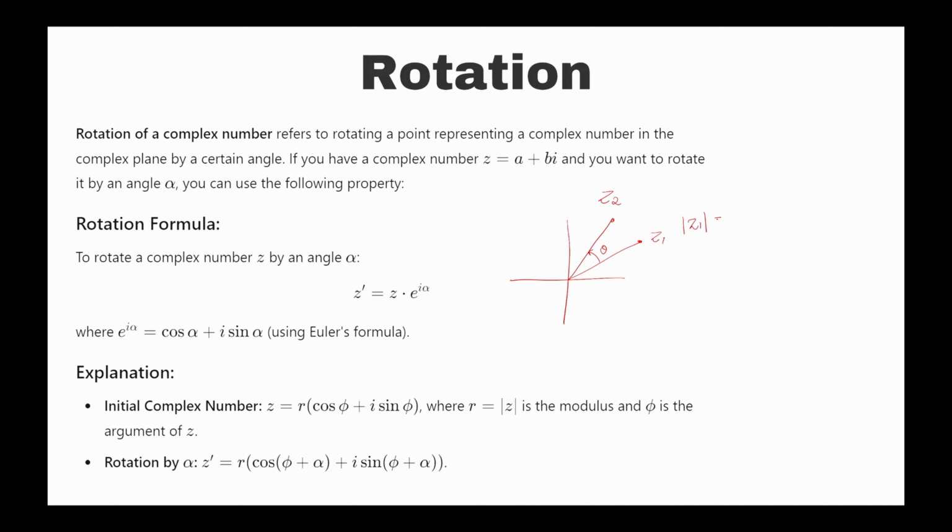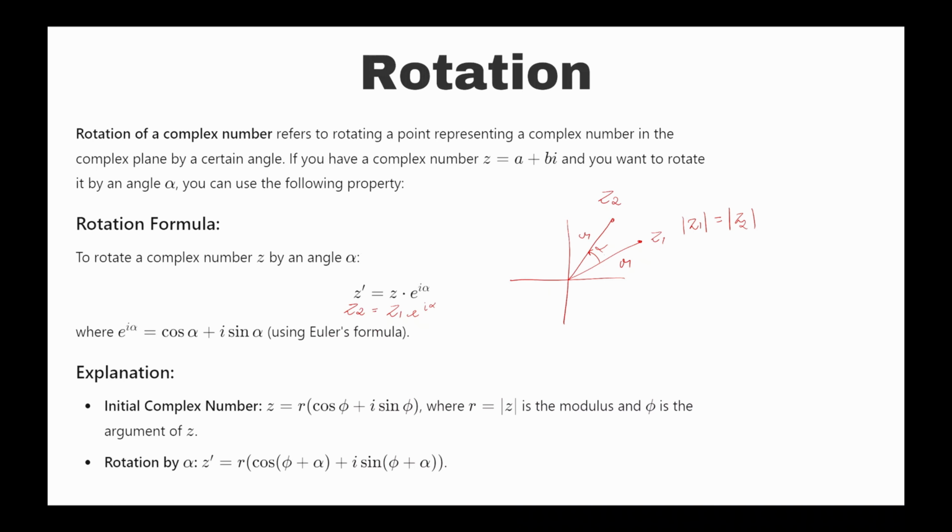That modulus of z1 would be equal to modulus of z2, which means that the distance from the origin is going to be r for z1, and r for z2 also. Now if I rotate it by theta, what is my new complex number going to be? My new complex number z dash is equal to z. Here z dash is basically z2, and z is z1, times e to the power iota alpha. Alpha is the angle with which I have rotated it. So instead of theta, let me take it as alpha only. So this becomes my new